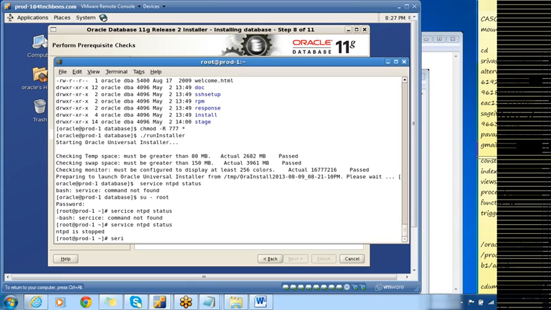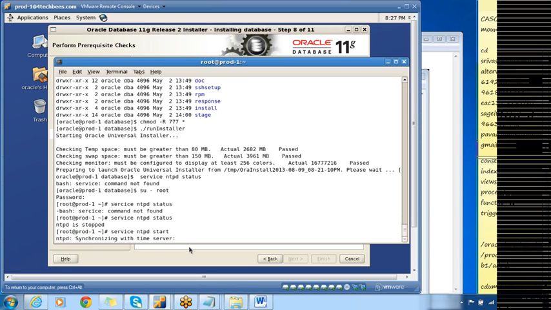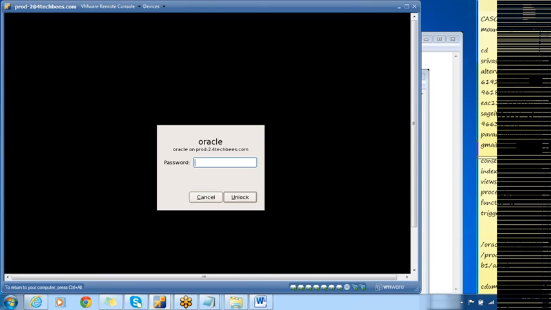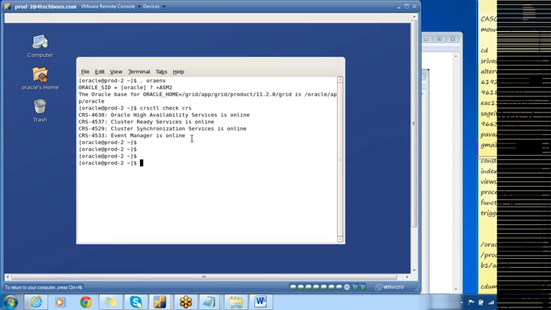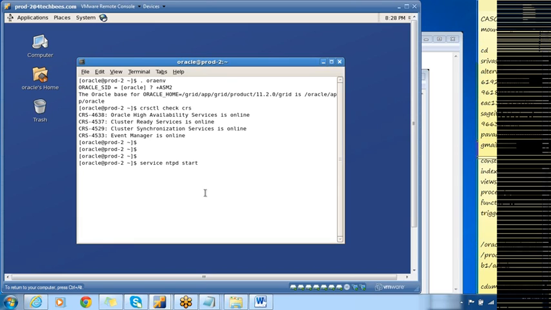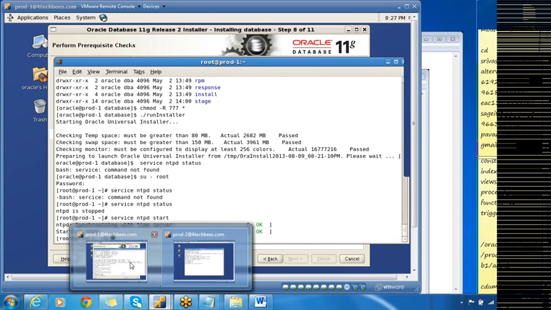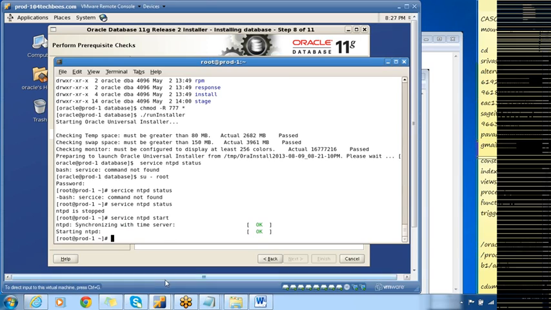So we need to start this service: service ntpd start. I have to do the same thing on prod2 also, but let it start on prod1 and then I'll go for prod2. Okay, this is done.